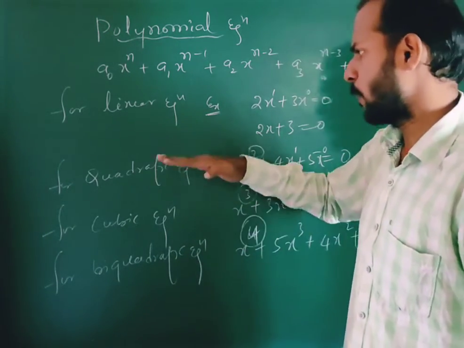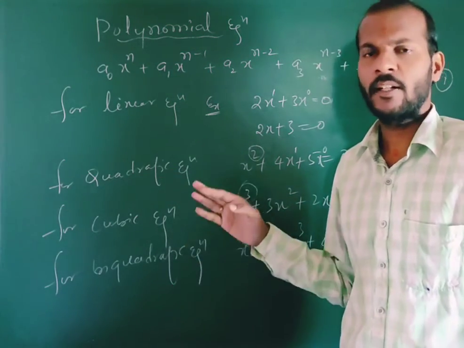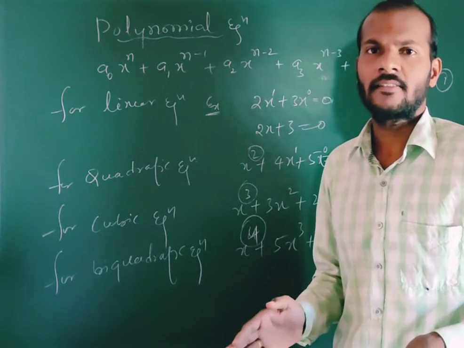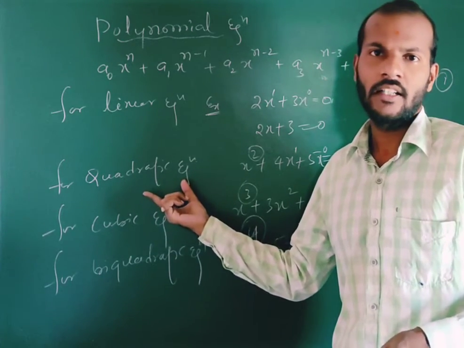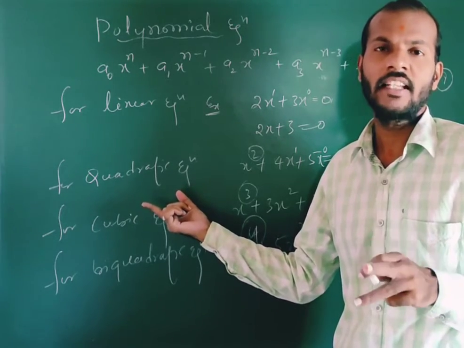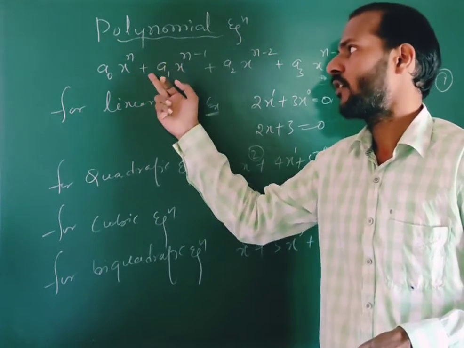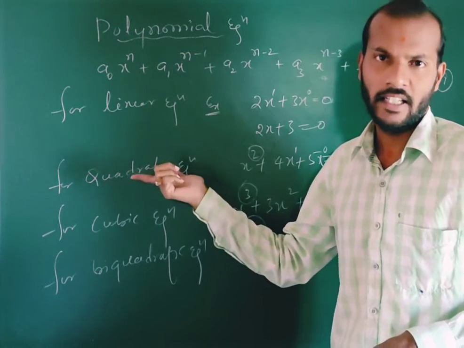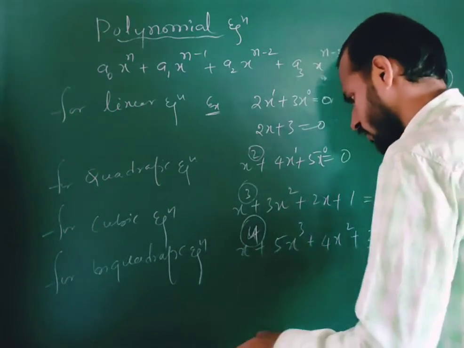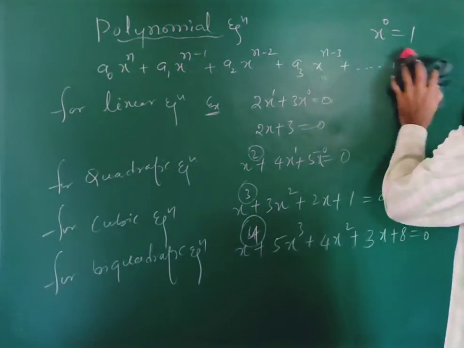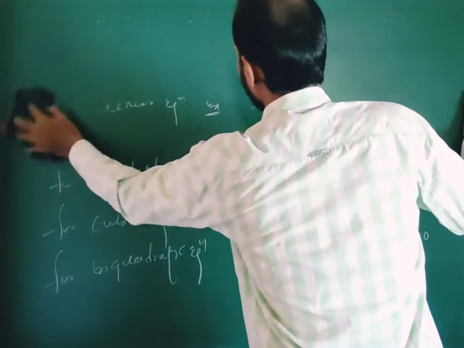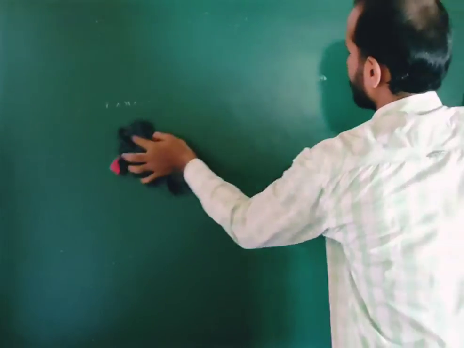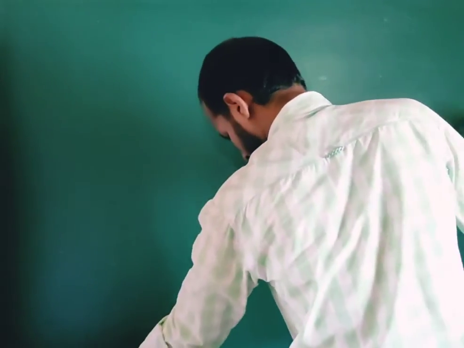So now we consider specifically the quadratic equation with respect to the chapter on complex numbers, where complex numbers arise. It is nothing but our quadratic equation, when we substitute the value of n as 2 in that polynomial equation. Let's see the quadratic equation form. But before that, we will see an important statement.